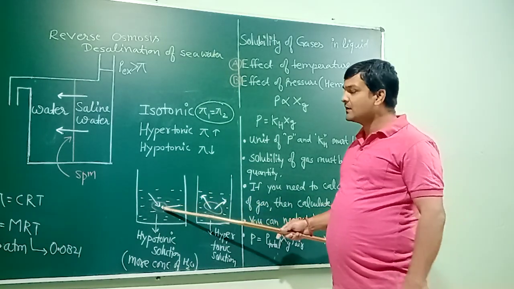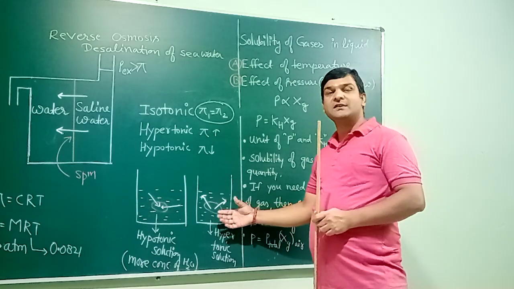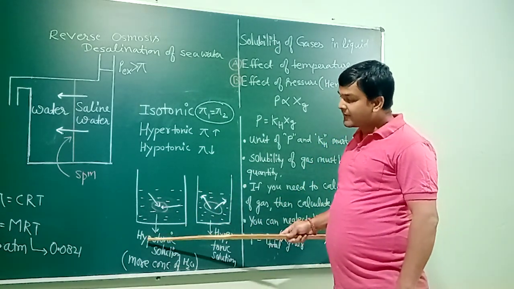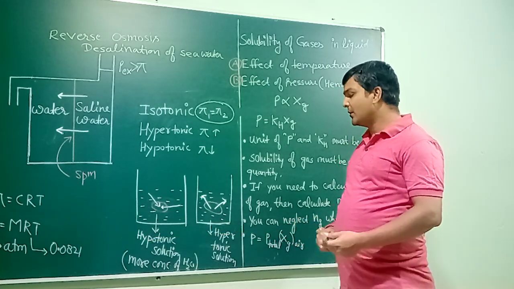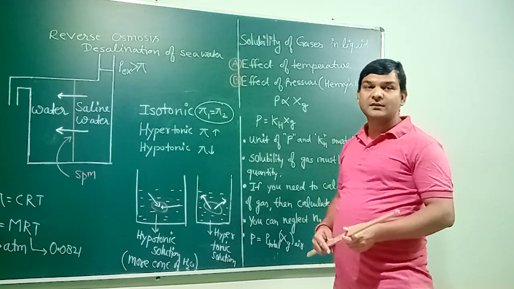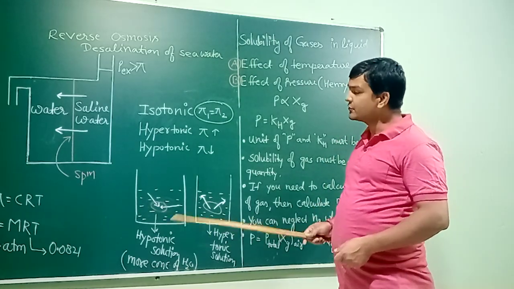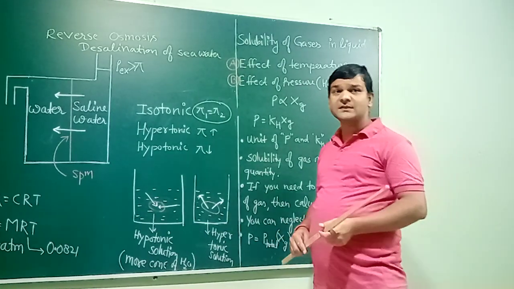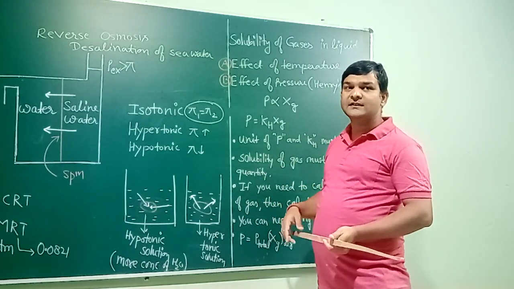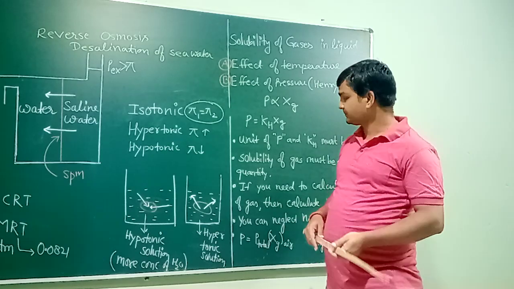The first is that the RBC will swell up. In the second condition, the RBC will shrink. Therefore, the solution of an injection cannot be hypotonic as well as it cannot be a hypertonic solution. Both are highly dangerous for us. It should be isotonic to us so that the RBC does not change its size in the circulatory system.